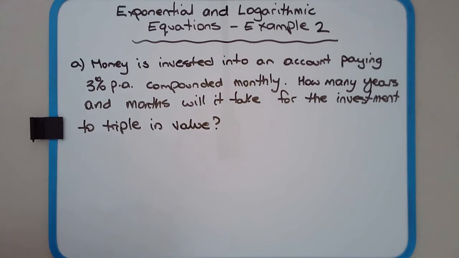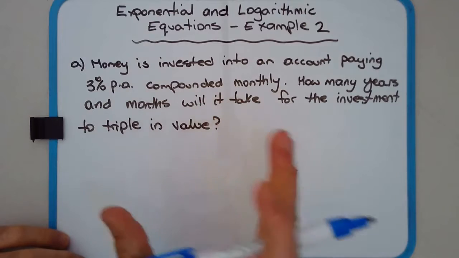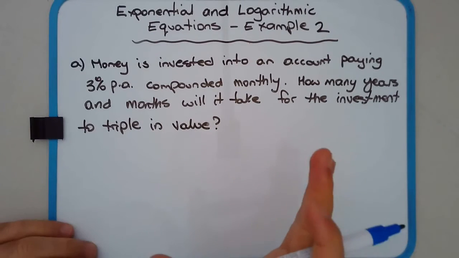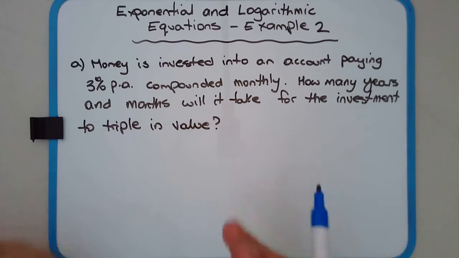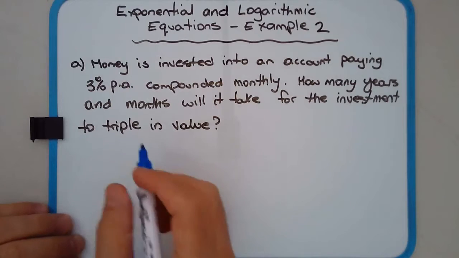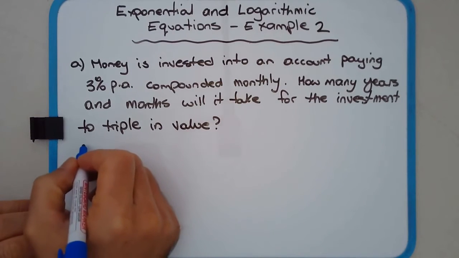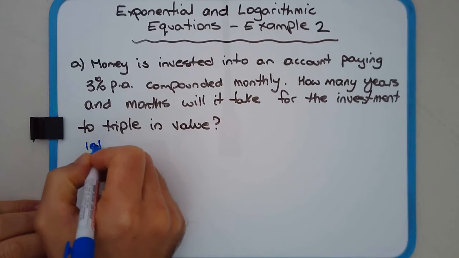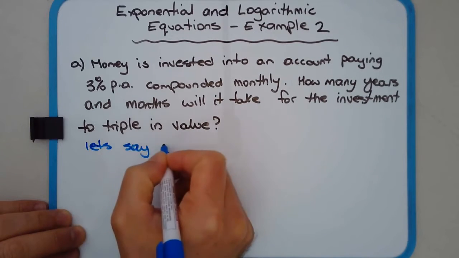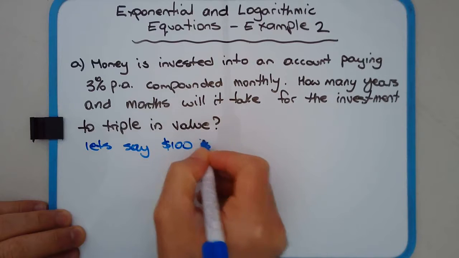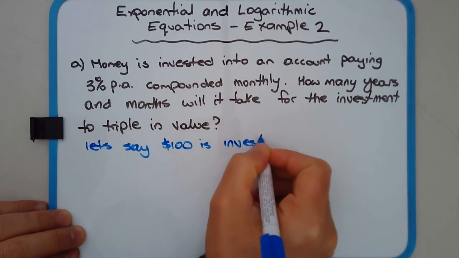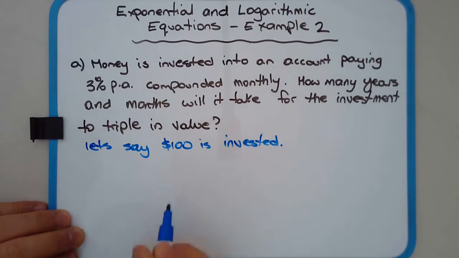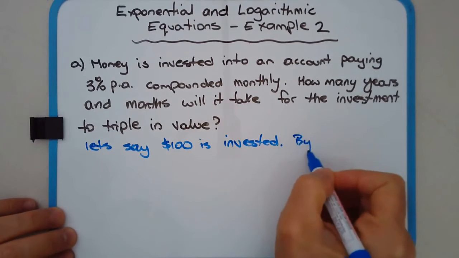It doesn't matter how much is invested. We want to work out how many years and how many months it's going to take for it to be 3 times as much. So what we're going to do is, let's say $100 is invested. By the compound interest formula,